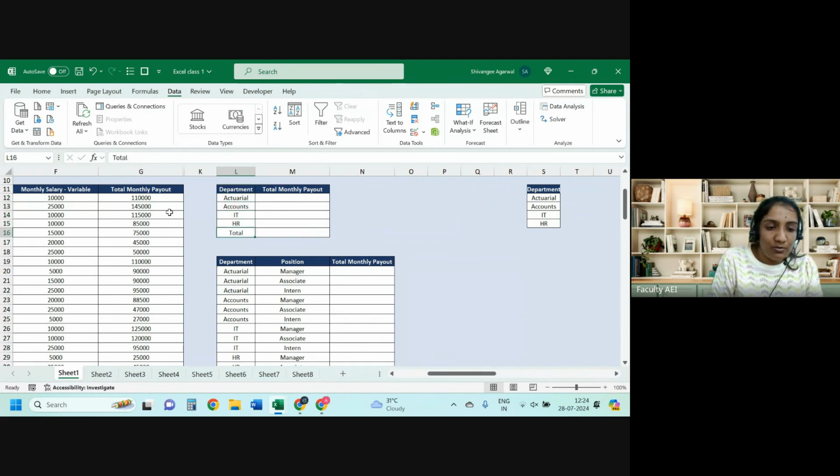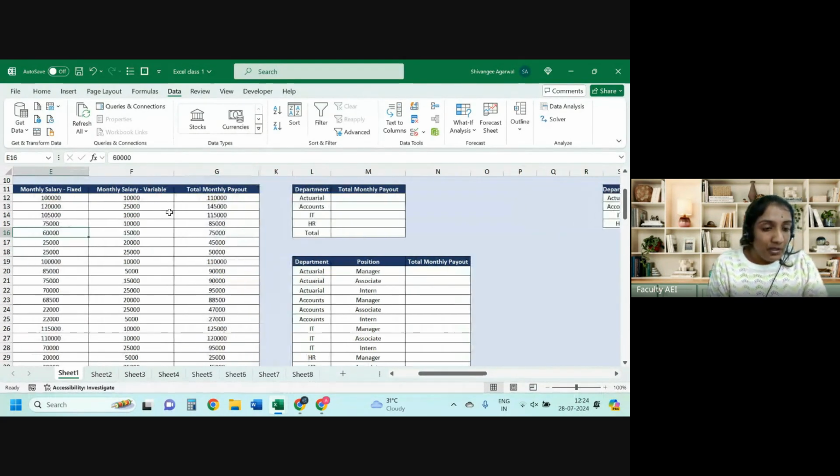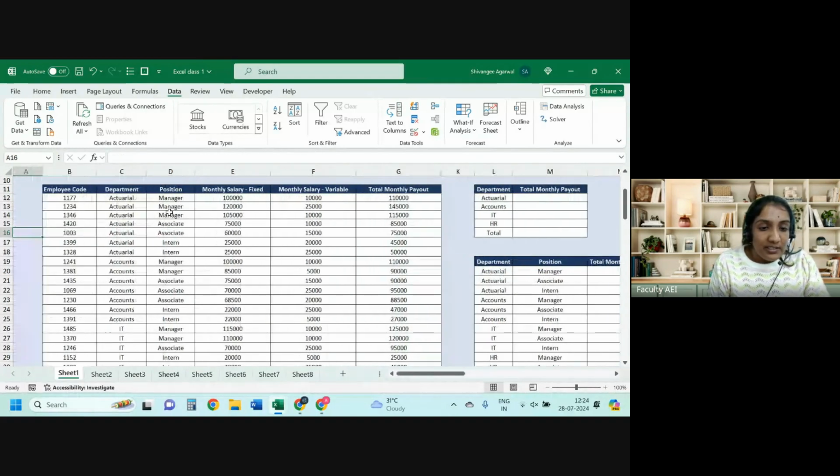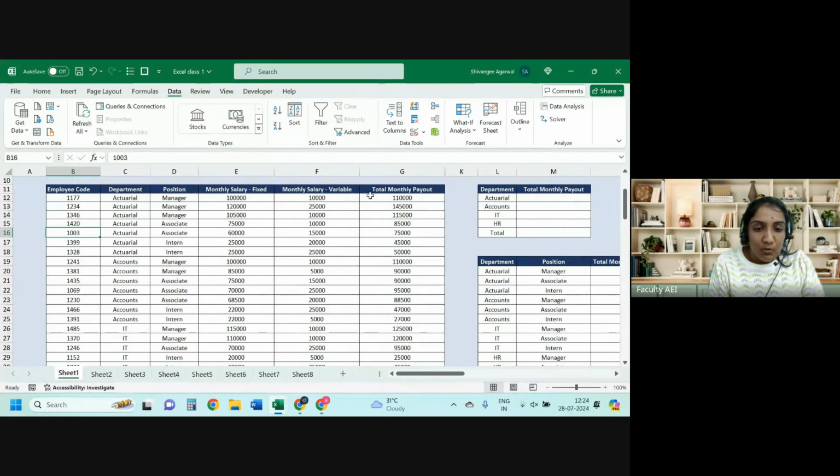Then I wrote down total so that we can give a summary of the department. Whenever I give data department wise, like this total monthly payout, I add in a column for total as well for completeness. Now, the task in hand is to give the total monthly payout department wise. So basically, we have to add certain things